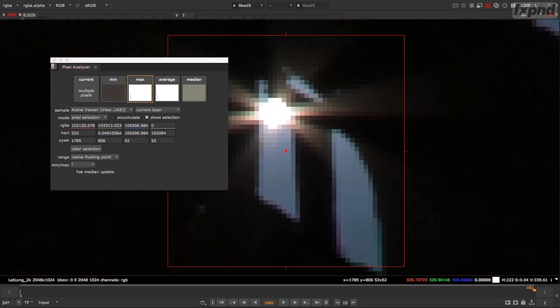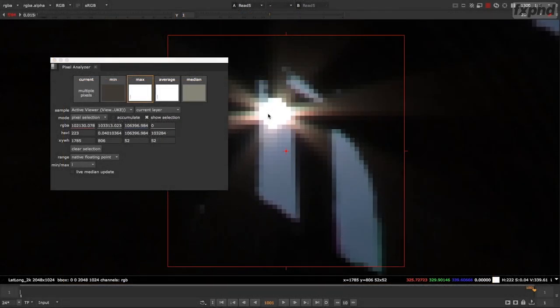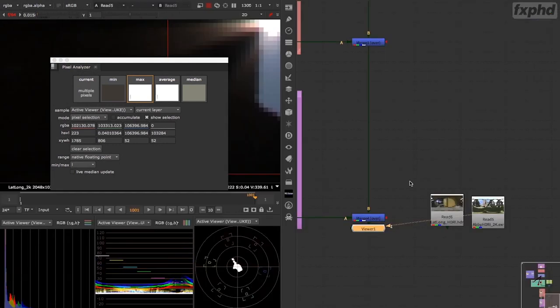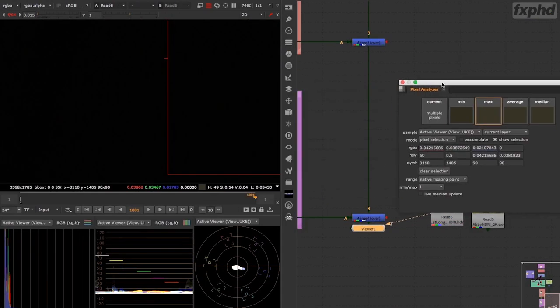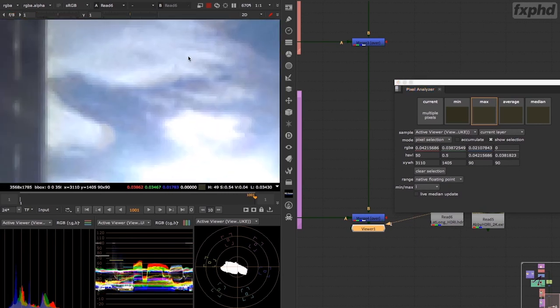Now this has actually been doctored to try and get it as bright as this, and the reason why is we wanted to get very, very harsh shadows. And if you remember from last week from the diagram I showed you, the difference between the blue sky and the sun was huge. I think the sun was something like 100 million above something like 500, which the blue sky was. So it really is this much brighter. So in the image that we have here, we just view that, you can see the sun here actually